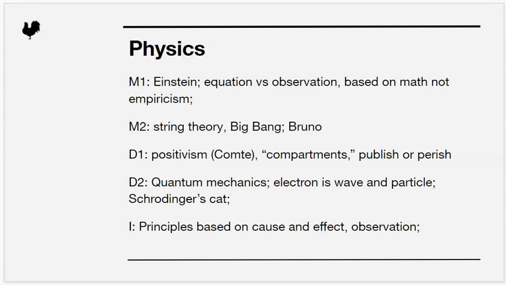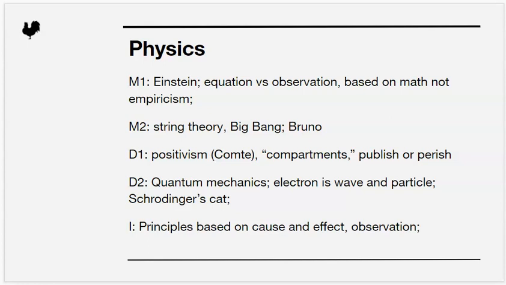Okay. Now let's look at D and M in physics. M1 would be Einstein. This is a theory based on equations and not observations, based on math and not empiricism. And this is what would happen. The math works out in this kind of scenario. Now, I'm not saying Einstein's wrong, but the approach that Einstein took to physics is classic M1. And look, again, I'm not criticizing Einstein. In fact, if I had to guess, I'm not a physicist, but I would guess that Einstein's theories are correct. That doesn't excuse him from taking an M1 approach of